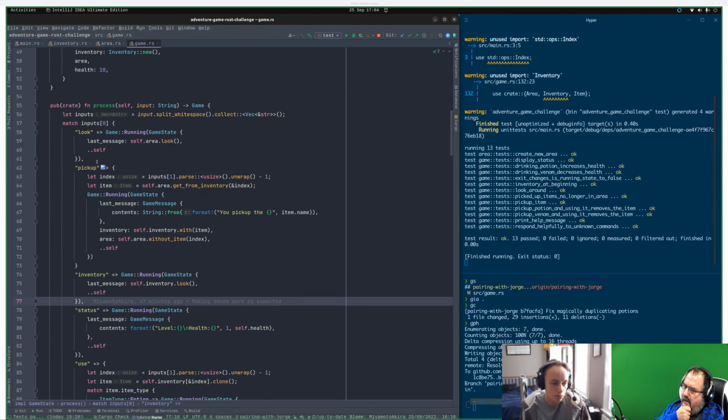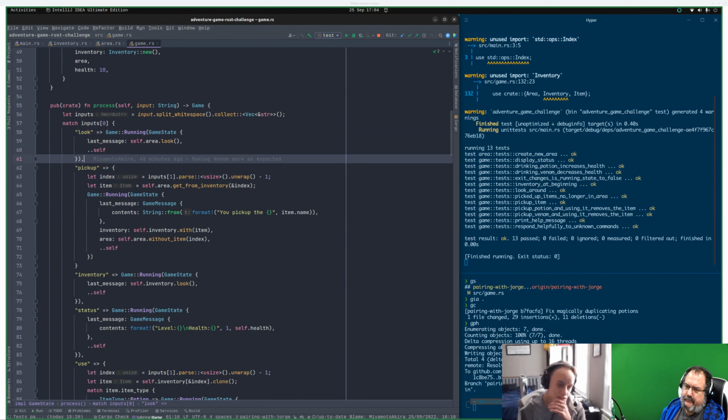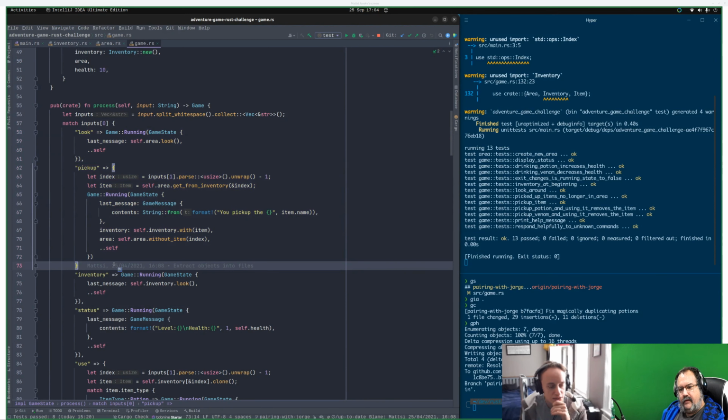Okay. So with the command pattern, for example, we could try turning each of these into a struct, implement a trait, or maybe actually the first thing to do would be to just Google command pattern in Rust and see if anyone else has any advice on how to do this. But I think it would be something like that.